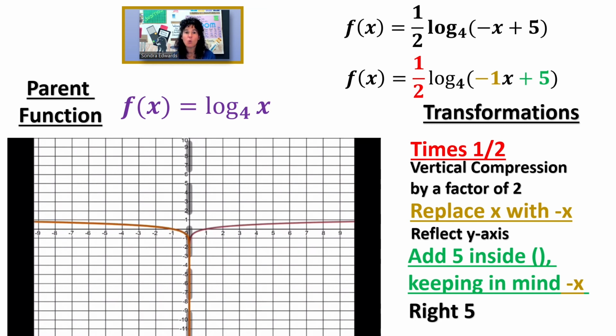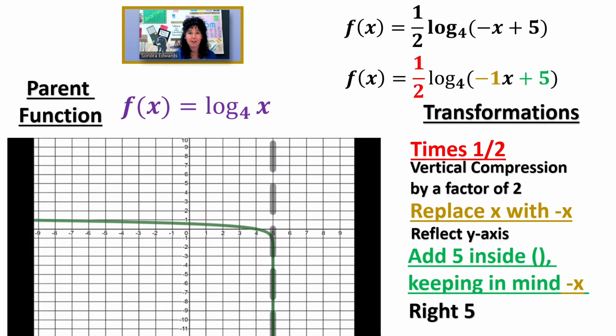Reflect across the y-axis, still not changing the location of the asymptote. And then lastly, we're going to drag everything to the right 5, and that means the asymptote too. So the asymptote is now at positive 5, and there is the final graph of